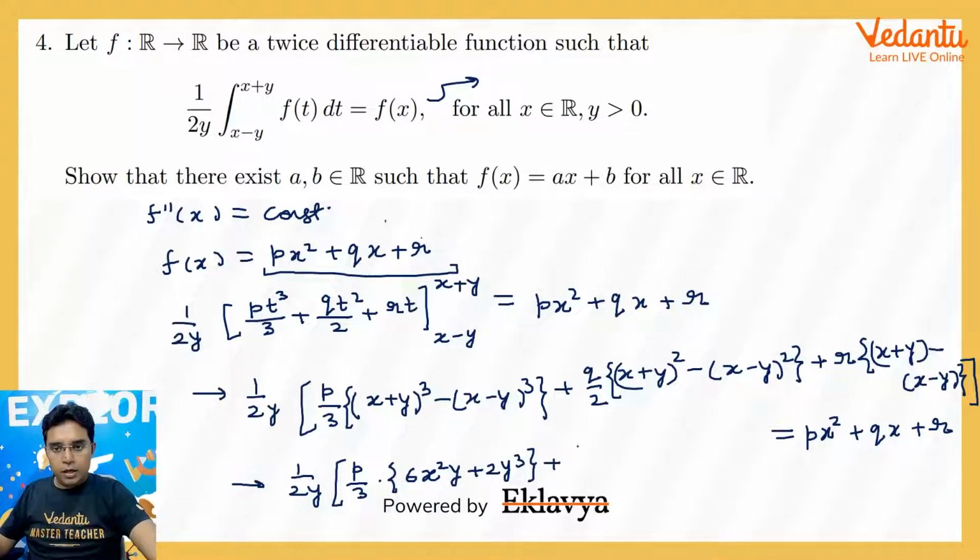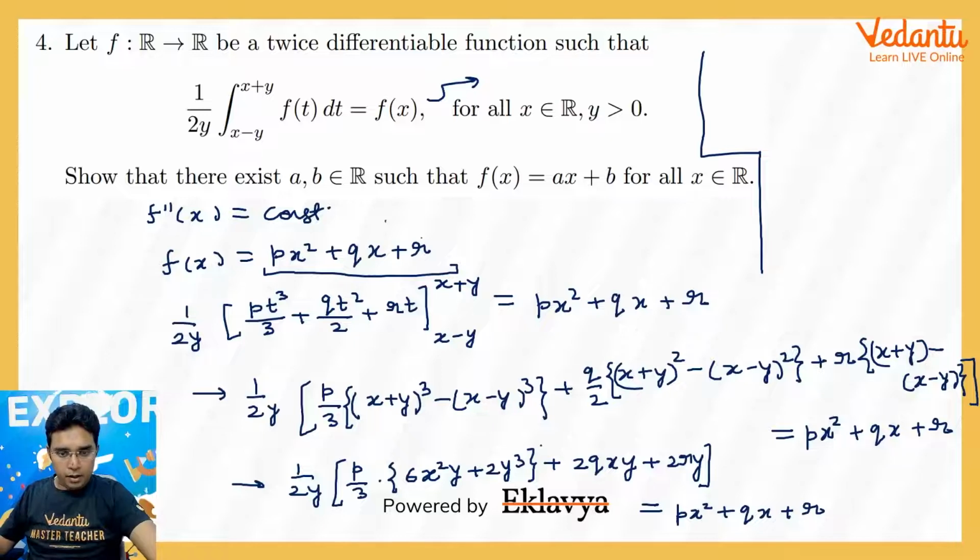Okay, then for this q by 2 into this thing, the x square plus y square term will get cancelled. This will be 4xy, so I can write this as 2q into xy, and here I think it is just 2ry, and this we need to be equal to px square plus qx plus r. Okay, if we divide by 2y inside it, what we will be getting,